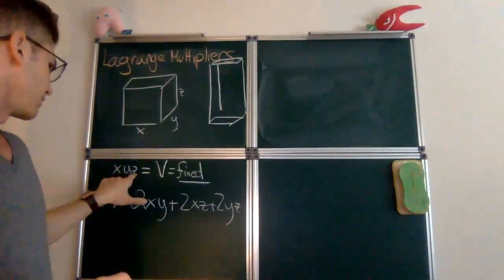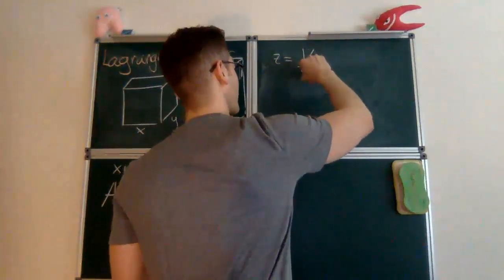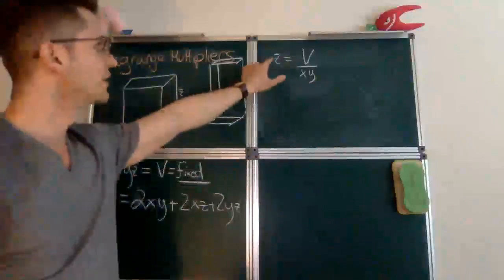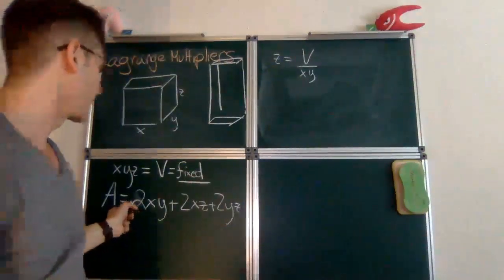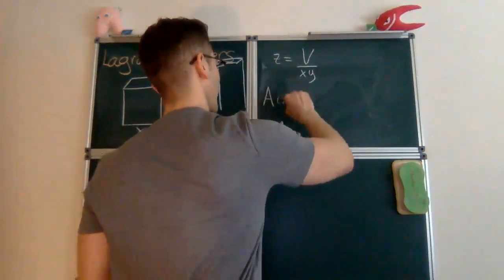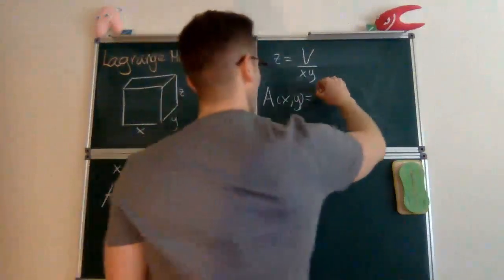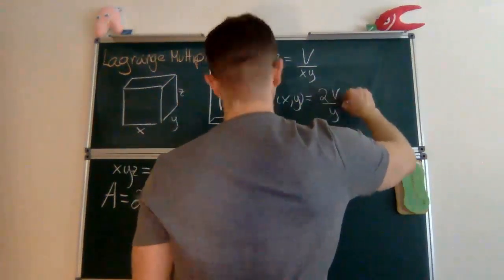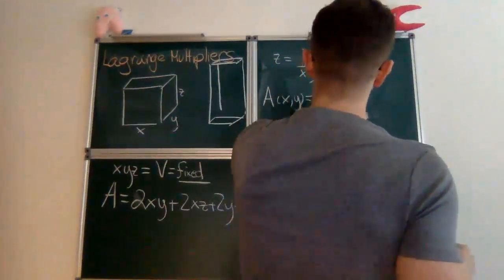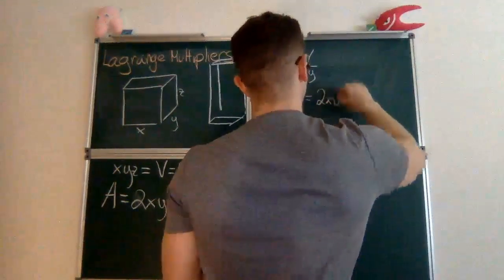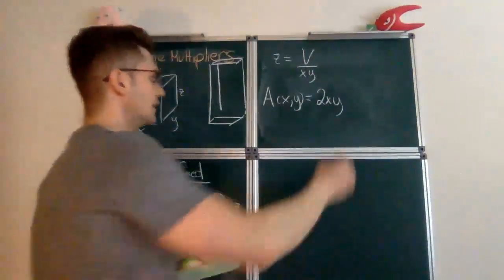So what we did in class is that you could use the first equation to solve for one of the variables. So you could say that z equals V over xy. And then you would replace that into the second equation to get a function of x and y. The first term is unaffected because it does not involve z, but in the other 2 terms you would replace z, and so you get